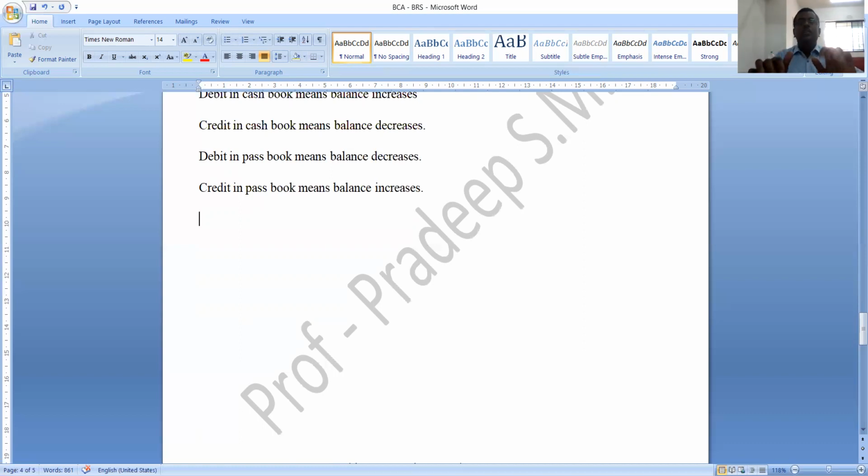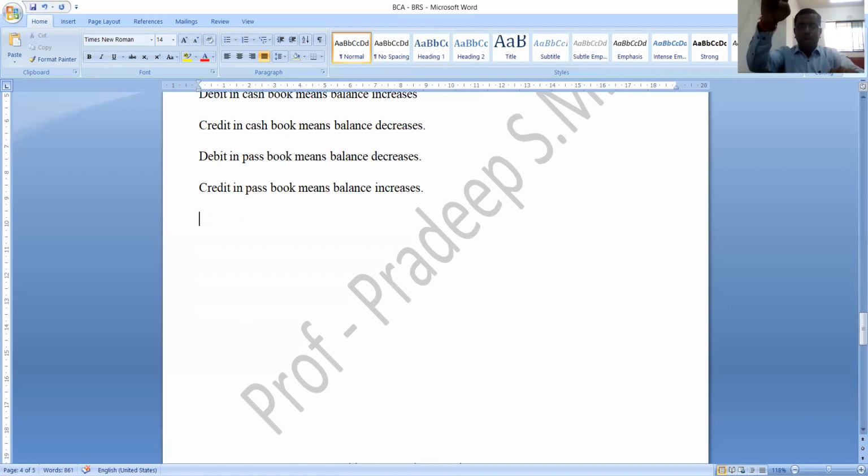Are you getting my point? Yes, listen here. If they gave cash book balance, you need to find out a passbook balance. If they gave passbook balance, you need to find out a cash book balance. Cash book balance means right hand and passbook balance means left hand. See here. If they gave cash book balance, you should find out a passbook balance. Your target is passbook balance. So you should adjust your cash book balance in accordance with the passbook balance. Very simple.